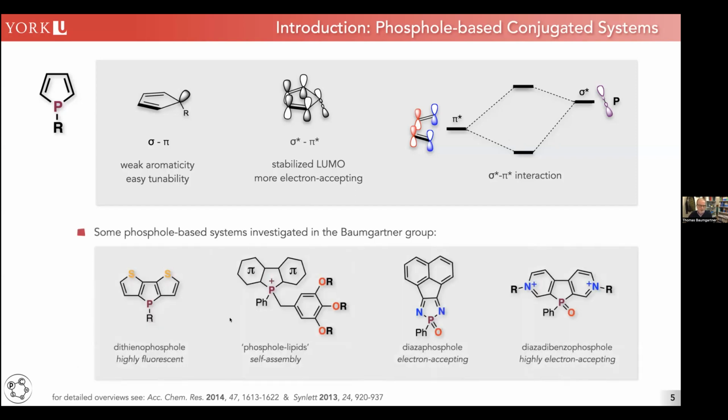So over the years, we've developed quite a few materials. This here is one of our workhorse building blocks, and it will also feature today in the talk: the dithienophosphole. It's an extremely fluorescent compound. We've spent almost over 20 years on it, and it still surprises us to this day with new things we can do with it. So it's really never ending. It's a golden egg, basically, or the golden goose that keeps on laying eggs that we can use.